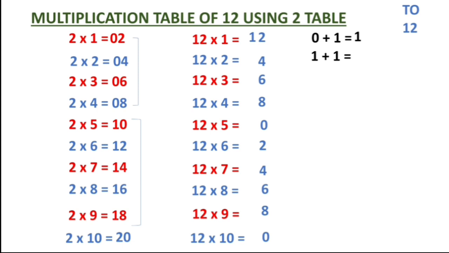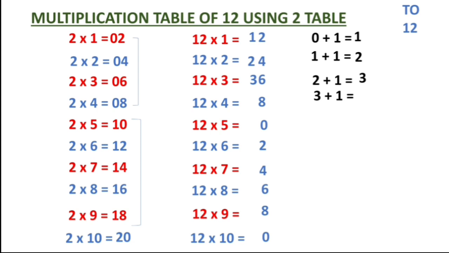Now the sum whatever I got is 1. 0 plus 1 is 1. That 1 I will copy plus 1. What do I get? 2. So I will write 2. So now 12 twos are 24. Now which number will I copy? I will copy 2 plus 1, the tens place 1. So 2 plus 1, what is the answer I get? 3. I write 3. So 12 threes are 36. Now again I will copy this 3 plus the tens place of 12, 1.